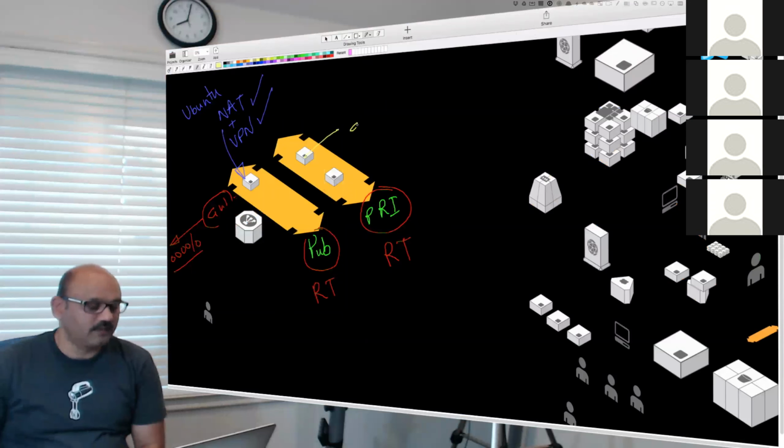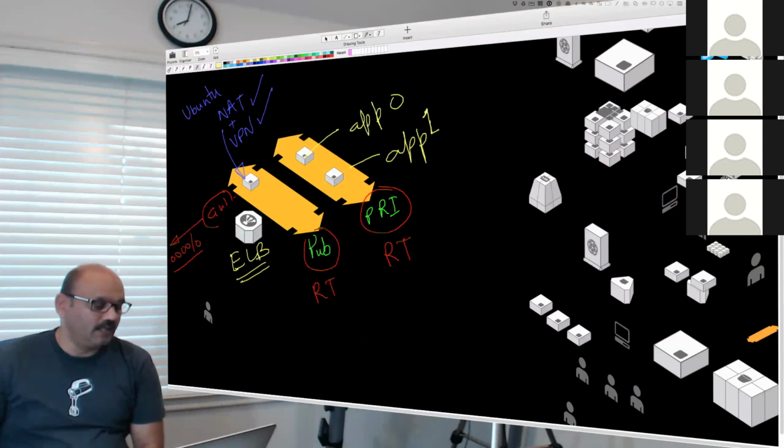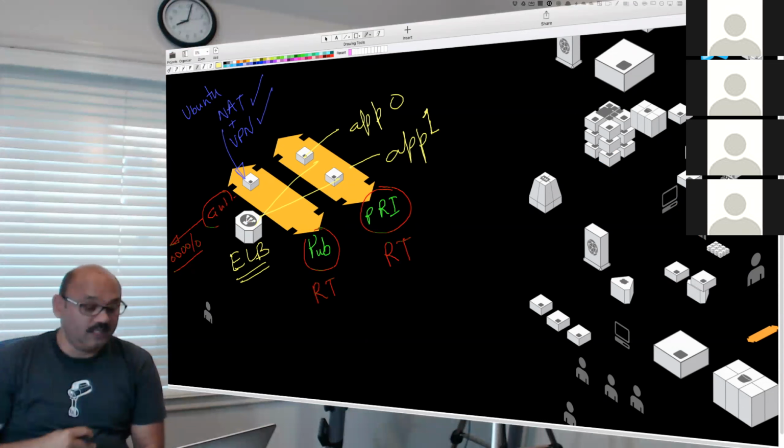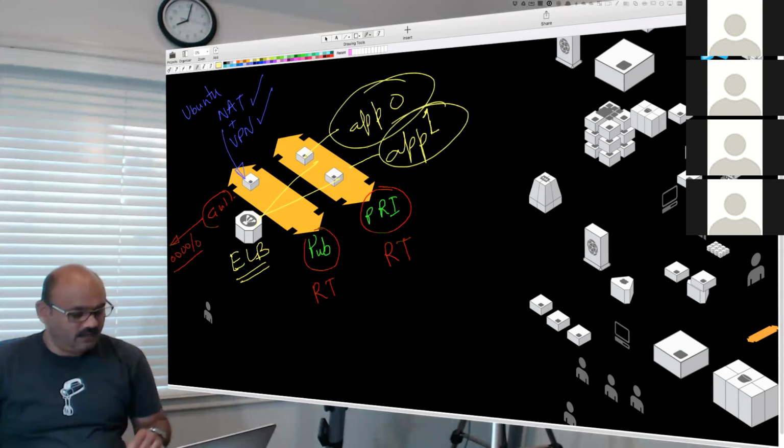This one is called app 0. This one is called app 1. And this one is called the load balancer. These are getting created, and they will get connected with a health check and a port mapping. And we should be able to see some Nginx running on here and here in just a few.